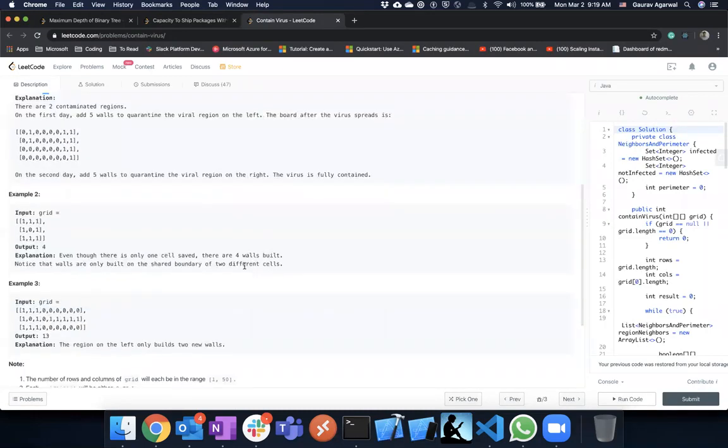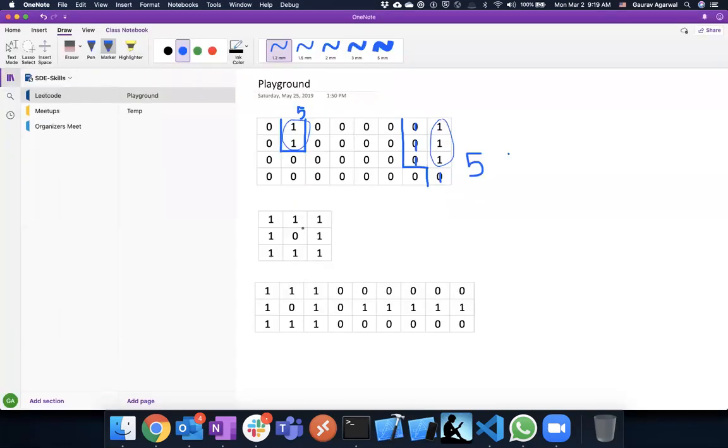Okay, take a look at the second one. How many regions are there? Question. I have a question. Yes. So are we counting each cell as a count, or the boundary, like the perimeter, how many walls you have put here? Okay, so between these two cells there is one wall, second wall, third wall, fourth wall, and then this fifth wall.